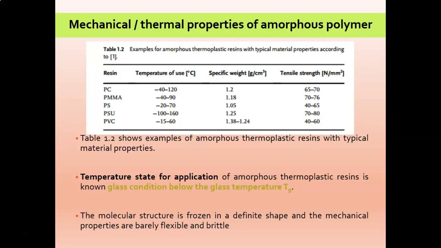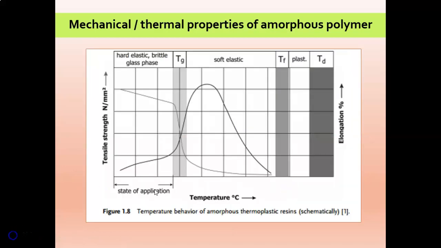Now we proceed with the slide. The temperature state for application of amorphous thermoplastic resin is known as the glass condition, below the glass transition temperature. The molecular structure is frozen in a definite shape, and the mechanical properties are barely flexible and brittle. The figure shows the temperature behavior of an amorphous thermoplastic resin. The glass transition temperature, or Tg, of an amorphous or semi-crystalline material is the temperature at which it changes from a brittle or vitreous state to a plastic state. Below the Tg level, polymer becomes hard, plastic,